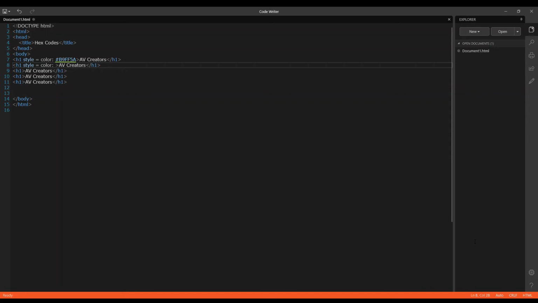As you saw before I came to CodeWriter, I showed you guys what colors we have chosen, at least the codes. Now you'll be able to see them in action. Color colon, and we have shown you the styles earlier. The same way you have to do it. The hex code is just in place of the usual color that you write, or I mean the name of the color. Otherwise it's all the same.